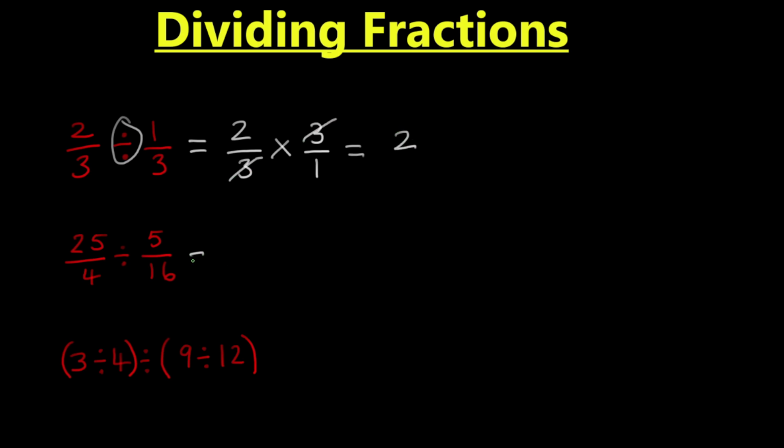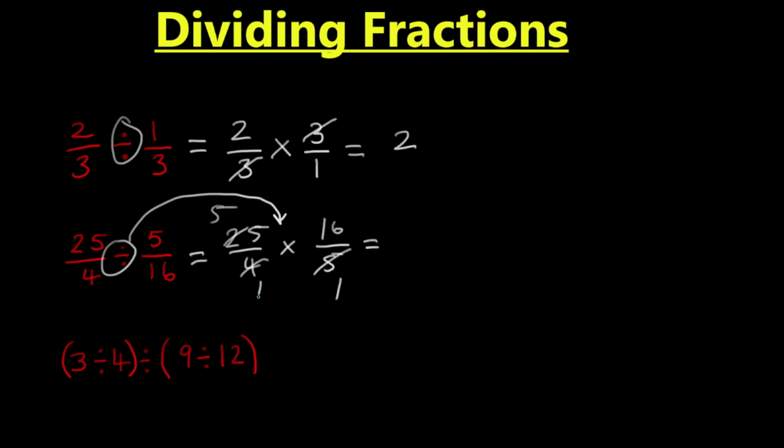Let's try another one. Flip it and change to multiplication. And then we can cross reduce and get 20. Now this last question here, you kind of want to write it as 3 over 4